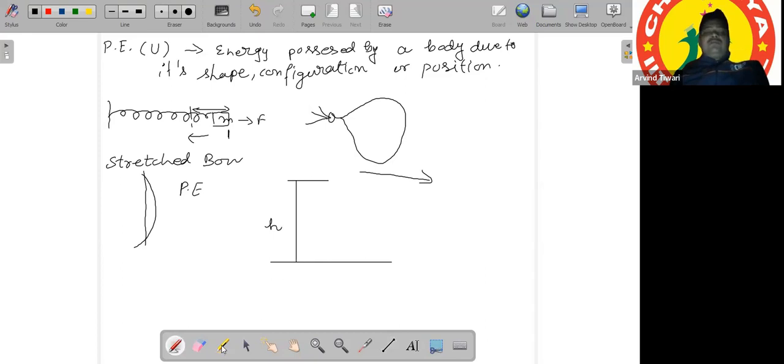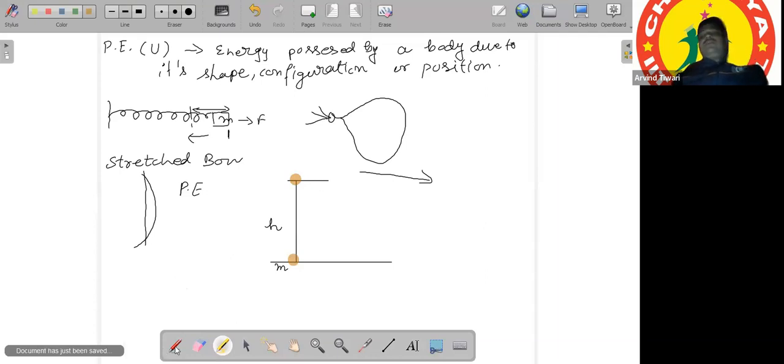Let's say we have a ball or some stone of mass m, which is lying on the ground. Now, if we lift it to a certain height and position it over here,